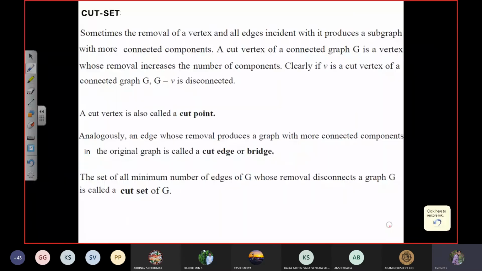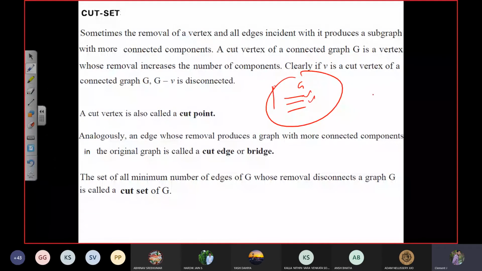Yes. So here you will have the original graph, in which you are removing some edges. By removing some edges, you will get the graph G into two components, G1 and G2. G1 and G2 are the subgraphs of G. So those two or more edges can be put into one set. Such a set is called a cut set. Okay, next definition. Let me explain with an example, then only you will understand it.